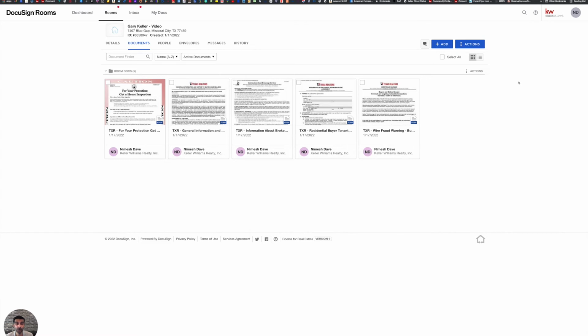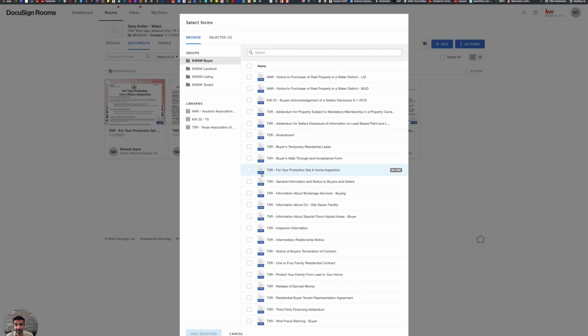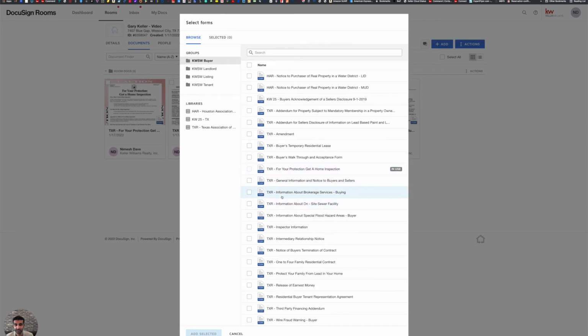Now, what's the other way you can apply a template to a document? Well, it's when you're adding the document to the room at the very same time. So you go to the top right and click on the add button. You're going to choose DocuSign Room Forms, and then you're going to simply go and pick the documents you need. So if I were to go to Buyer Group and find Buyer Tenant Representation Agreement,